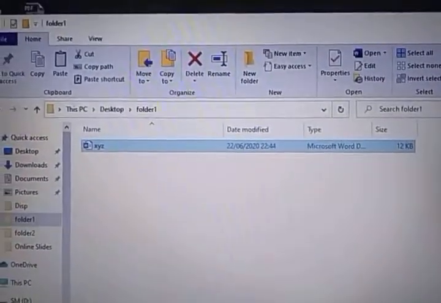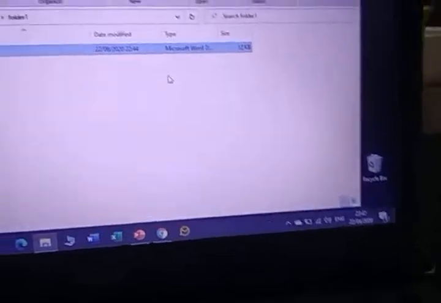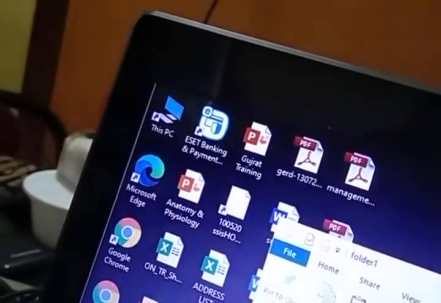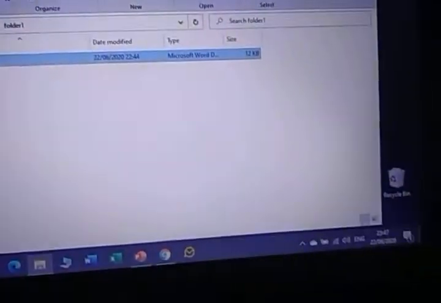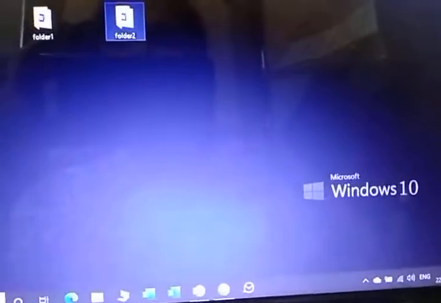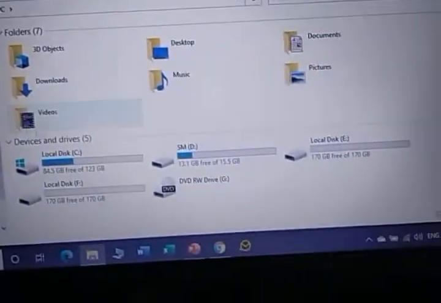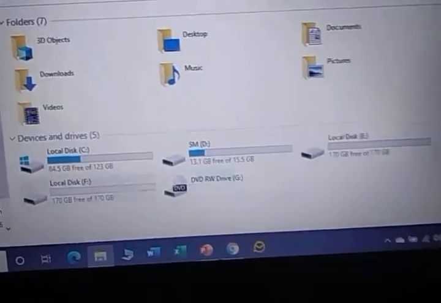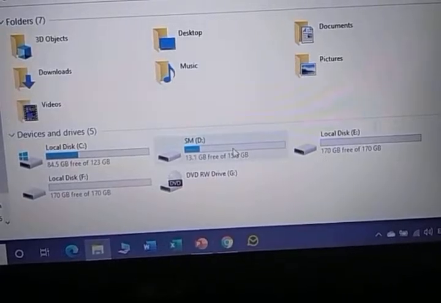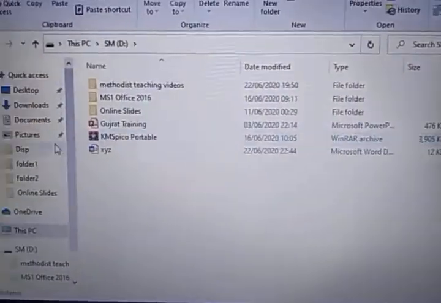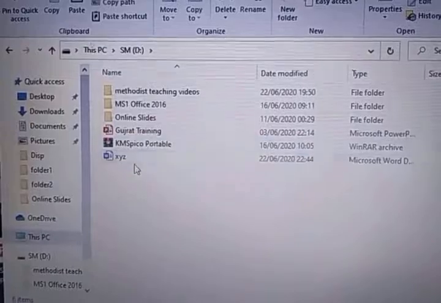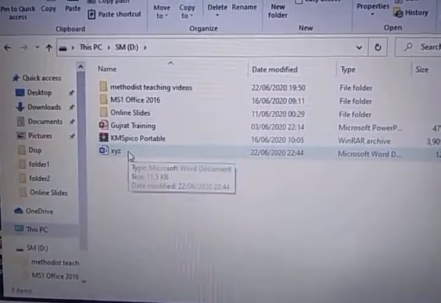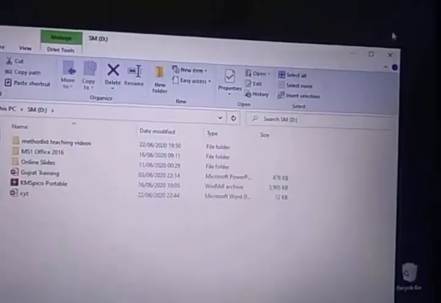Click on that one. Now I am showing you the D drive. This is the flash drive, and here we have the copy of the file XYZ.